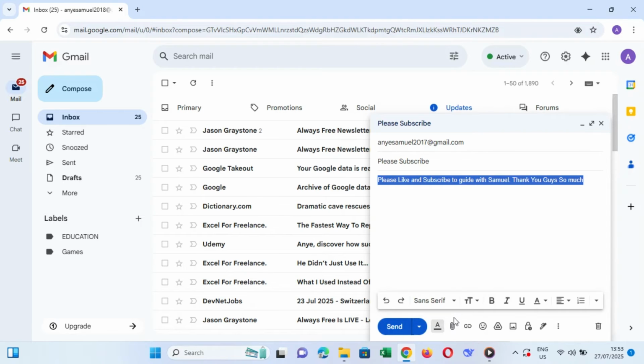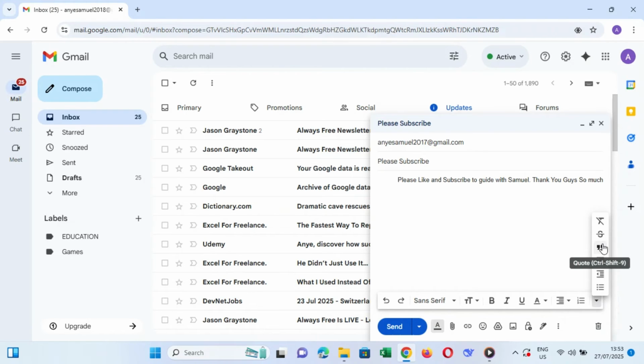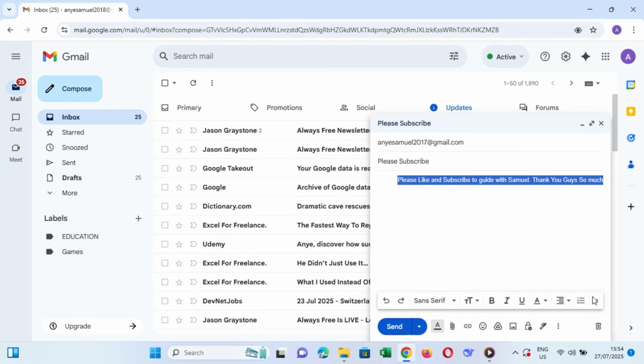From the expanded formatting menu, look for the quote icon, usually represented by quotation marks or an indented speech bubble. Click on it and you'll instantly see your highlighted text shift into a block quote style. This gives it a subtle indentation and a visual cue that helps it stand out. Remember, you can also use the quote format to respond to specific parts of someone's previous message, making your replies